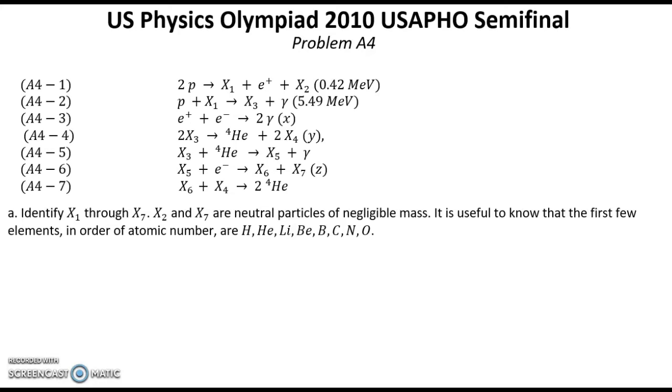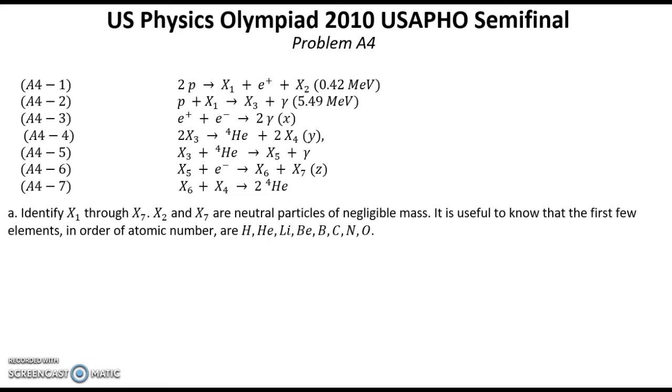So in the beginning the total charge is plus 2 because of two protons, and the total baryon number is 2, and during this reaction these numbers must be conserved. On the right we have a positron with a charge of positive 1. It means that particle X1 must have a charge positive 1, and also it has a mass of 2 baryons,